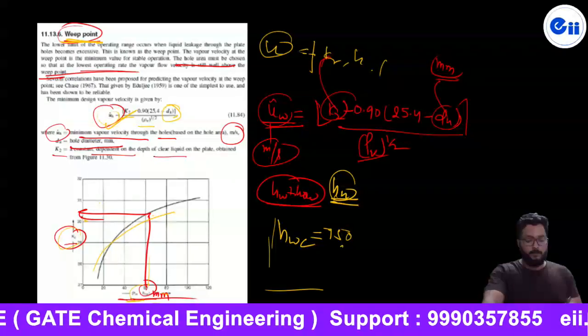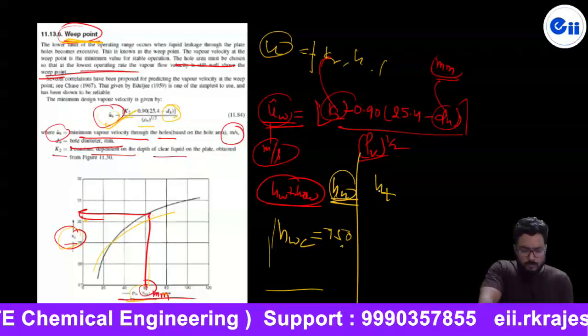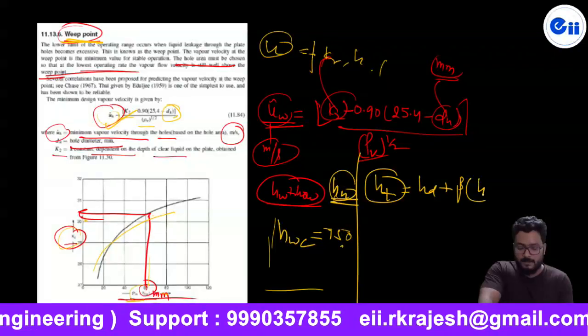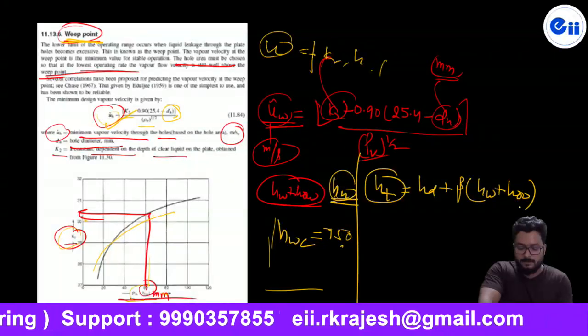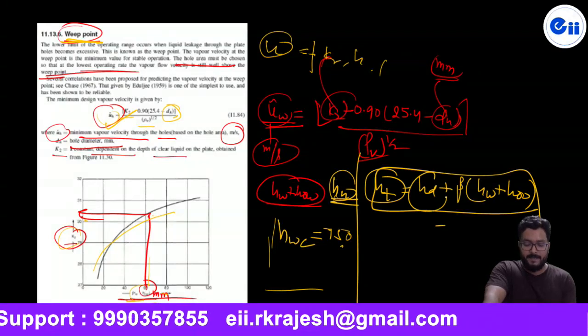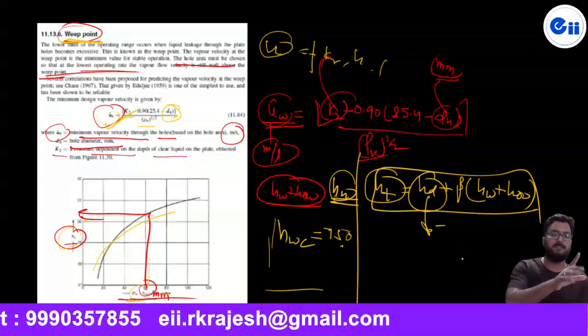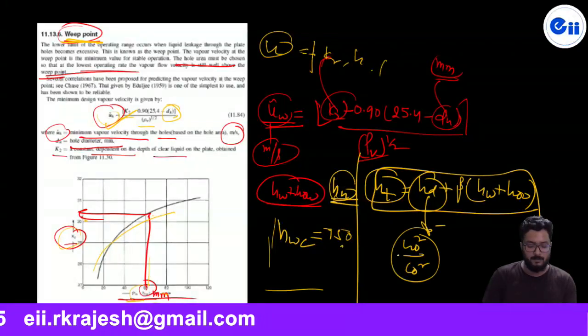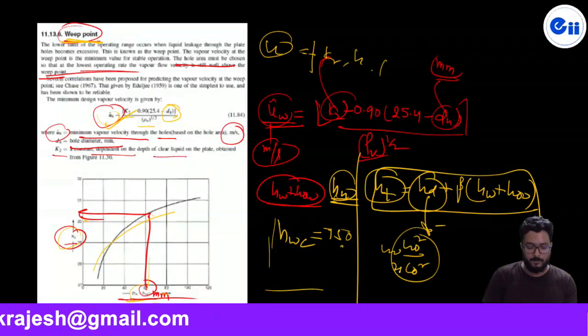तो we know that जो टोटल हेड होता है, क्या होता है बच्चे, hd plus beta times how plus hw. That I told you many times that tray pressure drop is this. hd निकालने के लिए भी मैंने एक क्वेश्चन लिखाई थी, अगर याद होगा आपको, upon C0 square something, u0 square and some constants like that upon 2g, ऐसा कुछ था।